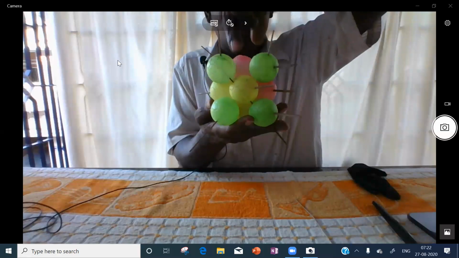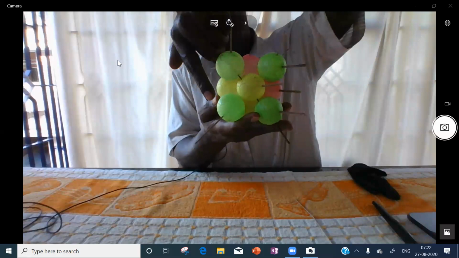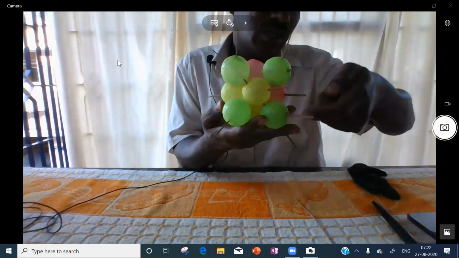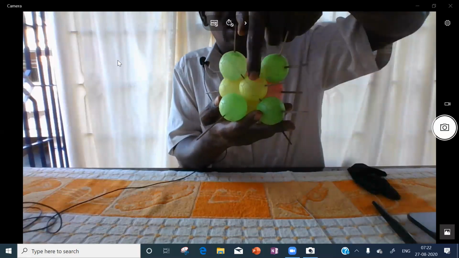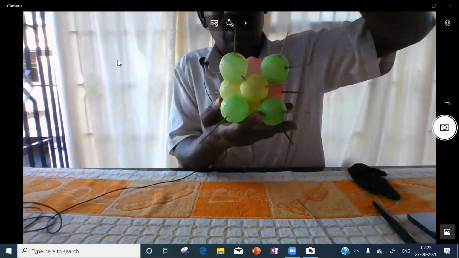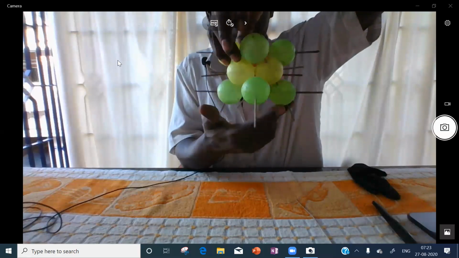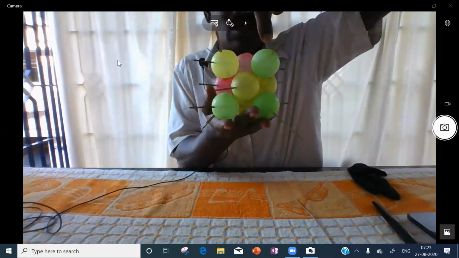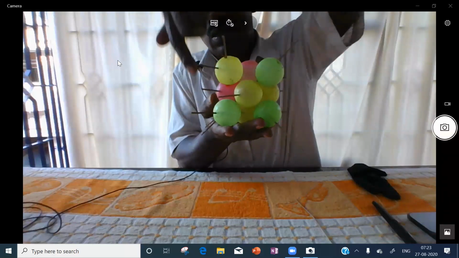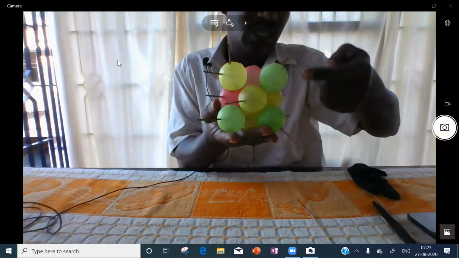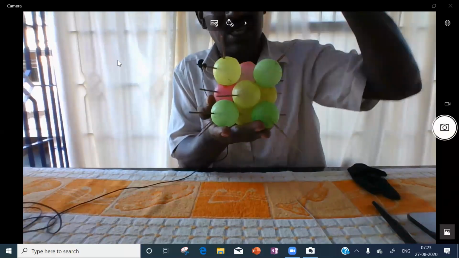For that I will rotate. Okay. So from this center point, go to this center point, go to this center point, come to this center point, come back to this center point. Is it a square face? Is it a face center? Then in this face, I will rotate this molecule. From this center, go to this center, go to this center, come to this center, come back to this center. You will get a square face. Is it a face center?